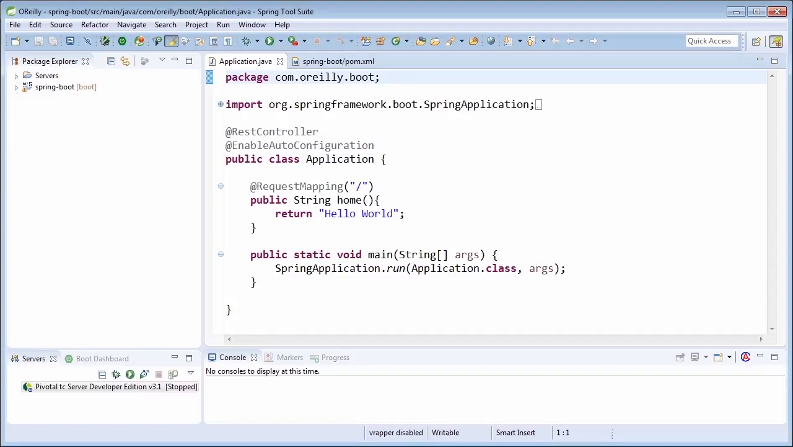In this lesson, we'll discuss another technique that Spring Boot uses to facilitate the configuration of Spring projects. This technique is known as auto configuration. When we enable auto configuration using the Enable Auto Configuration annotation, we are signaling to Spring Boot that we would like the framework to make intelligent guesses about the types of configurations and the types of beans that we will